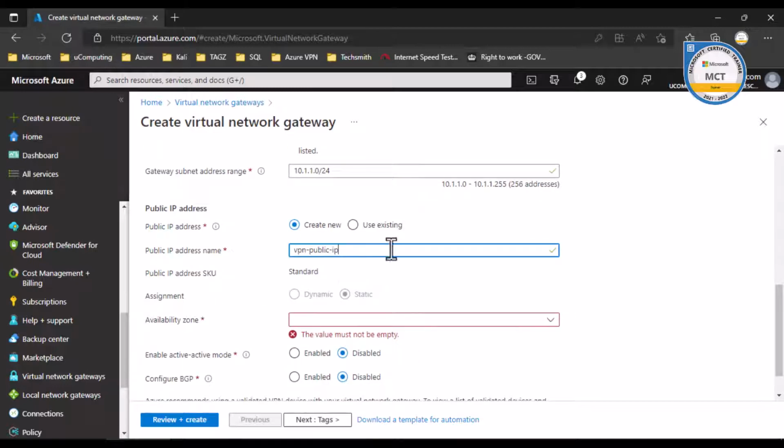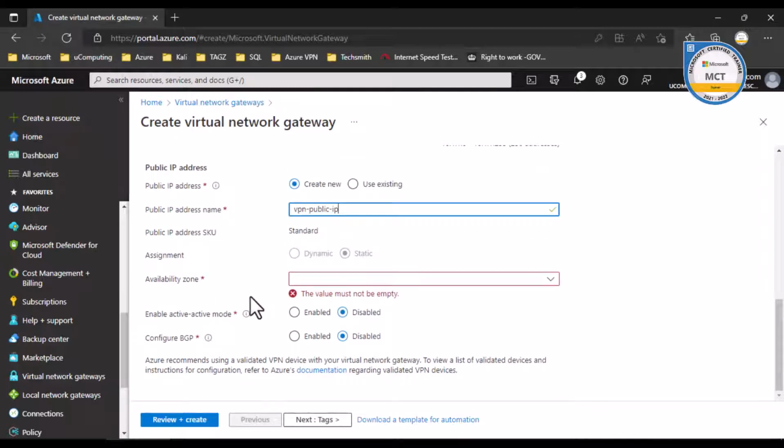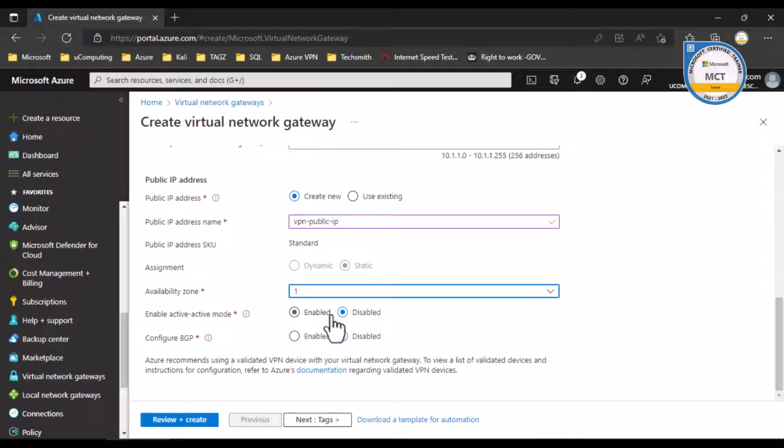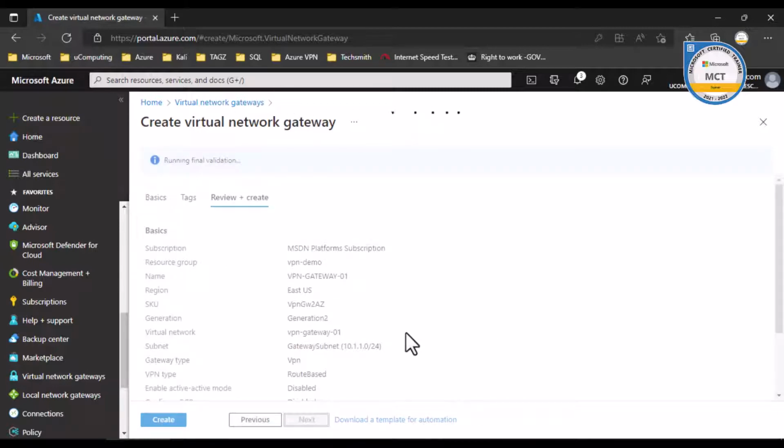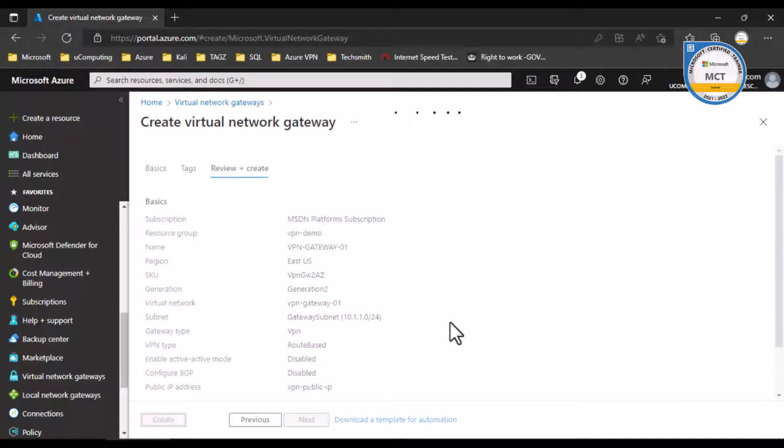Okay, I'm going to let the default be, and then it gives me the option to specify an availability zone. I'm going to use availability zone 1 on the East US region, and leave the defaults for enable active-active mode and configure BGP as disabled. Okay, I'm going to go next to tags. It's going to check all my input. Looks like everything is good, and I'm going to go ahead and click on create here to begin the deployment